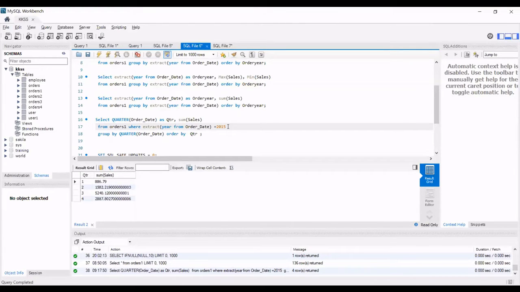Do you want to see them aggregated, or do you want to see the quarters of these two years separately? Separately, first for 2014, then for 2015, all the quarters. I think then we need to include the year part in the group by clause.